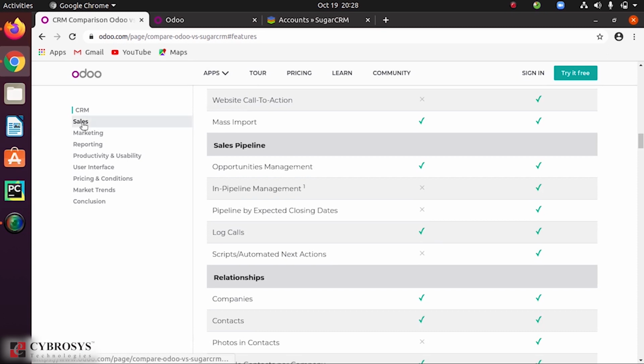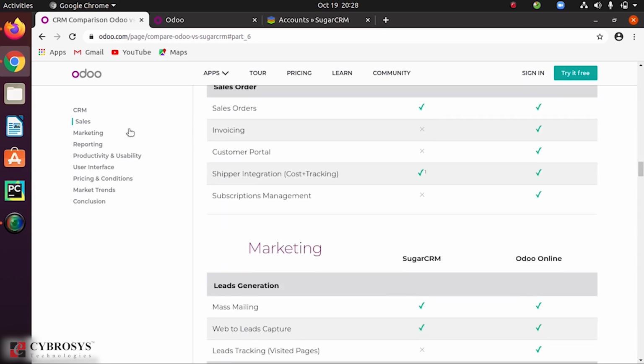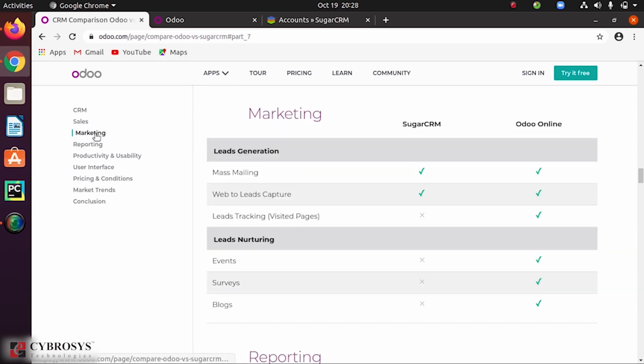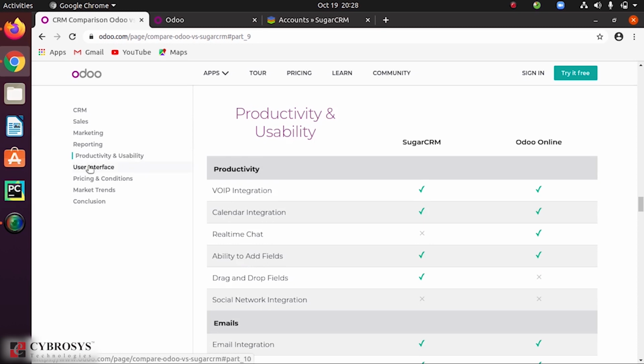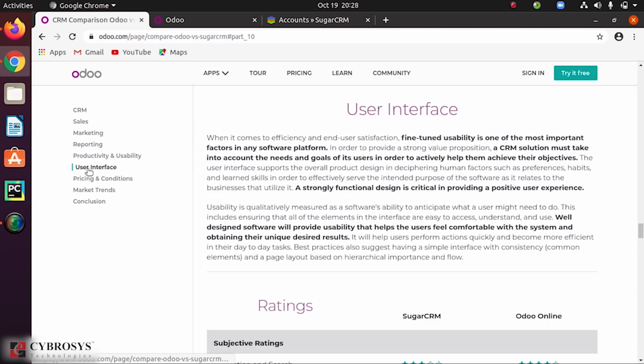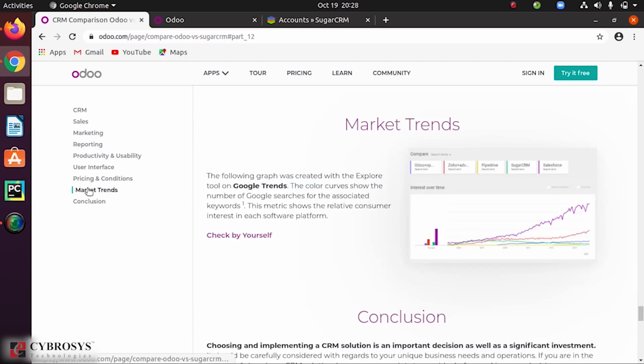And next, regarding sales management, you can also see a similar comparison, the features that we have in Sugar CRM and that we do not have in Odoo and all. Here you can see certain features under sales management, then under marketing, reporting also, then productivity and usability, user interface, pricing and conditions and market trends.